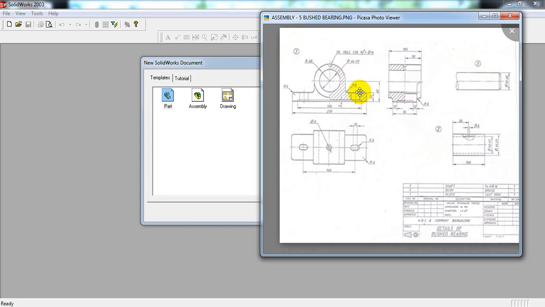Let us see one by one how to do. I will explain it. This is the first part, body. This is the front view. Total length of the part is 230 mm. Base height is 26, and distance from center of the circle to base is 60 mm, and radius he has given us 48 mm.